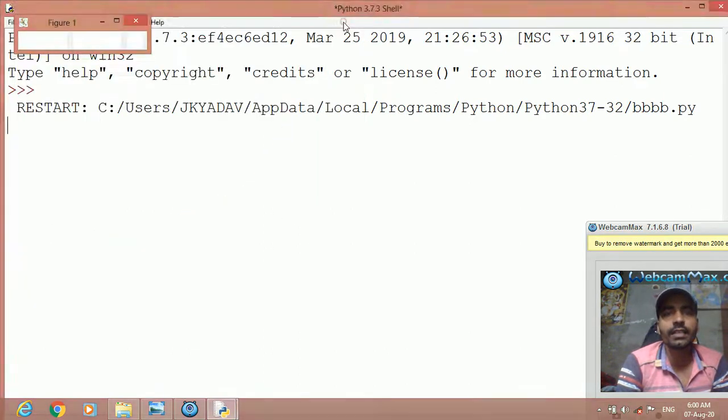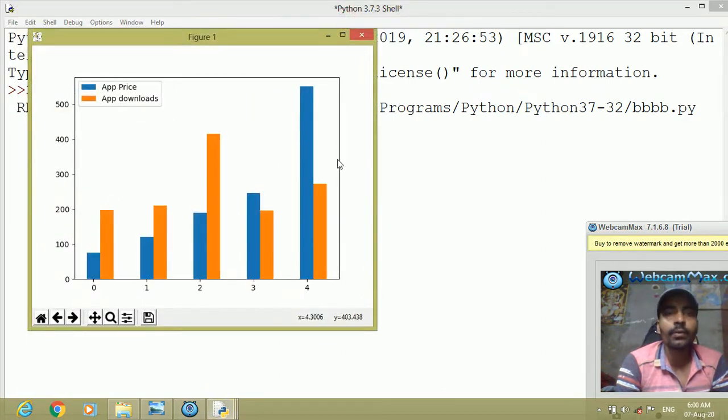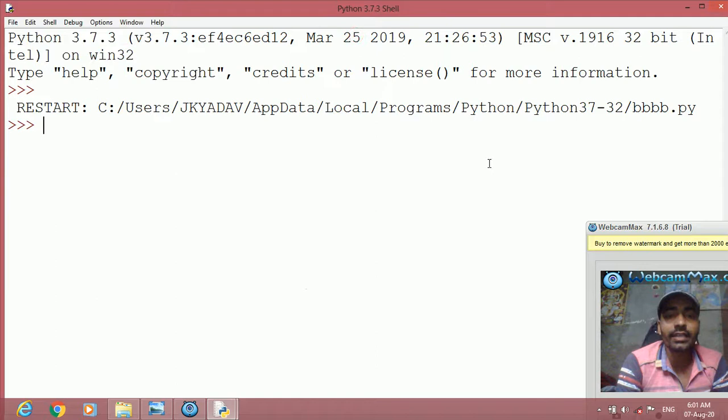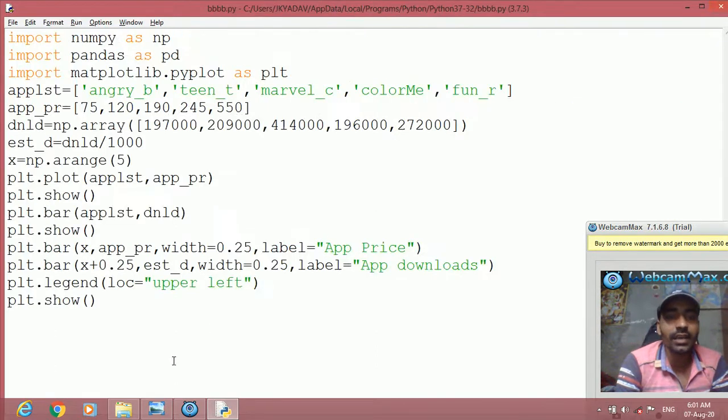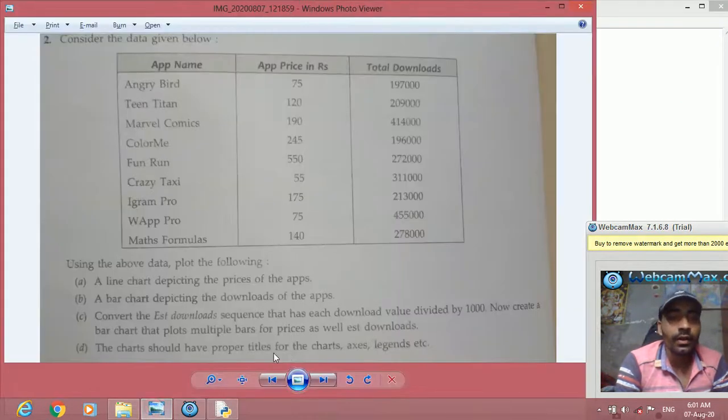First the line chart, then the bar chart, then the bar chart with multiple bars showing the legend. So like this, I hope students you can show the other details as asked here. What are the other details asked here? The x-axis label, that is the title for x-axis and y-axis, and the title for the chart also.